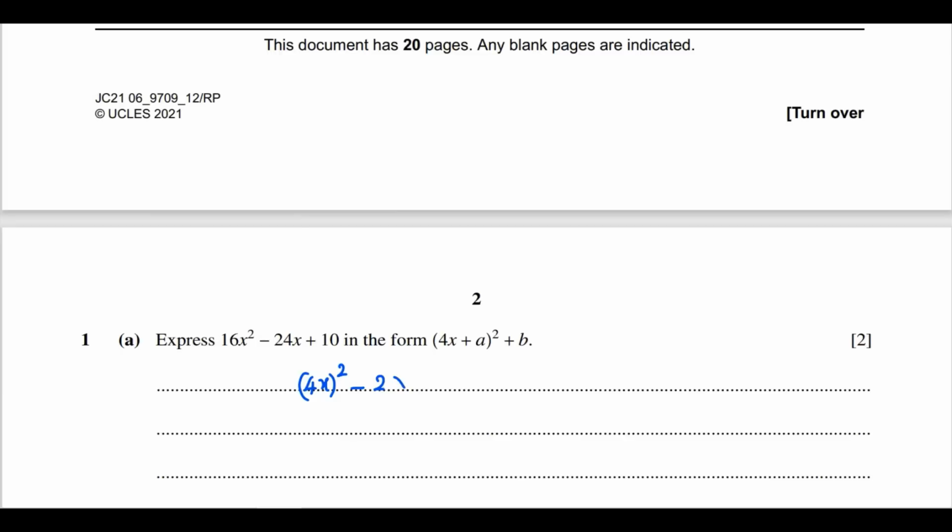So 2 multiplied by 4x multiplied by what number gives 24? It is 3. 2 multiplied by 4x is 8x. 8x multiplied by 3, you will get negative 24x. So now we have to add and subtract 3 squared